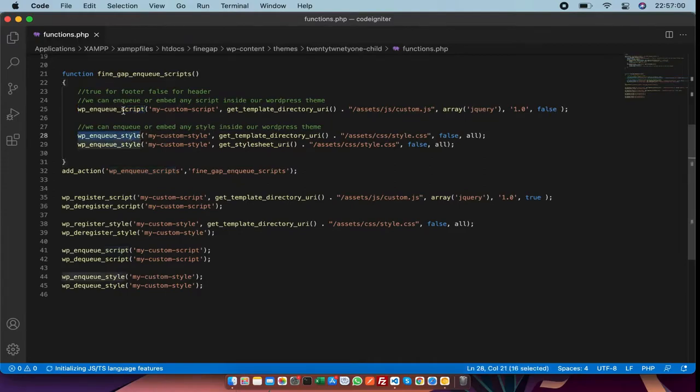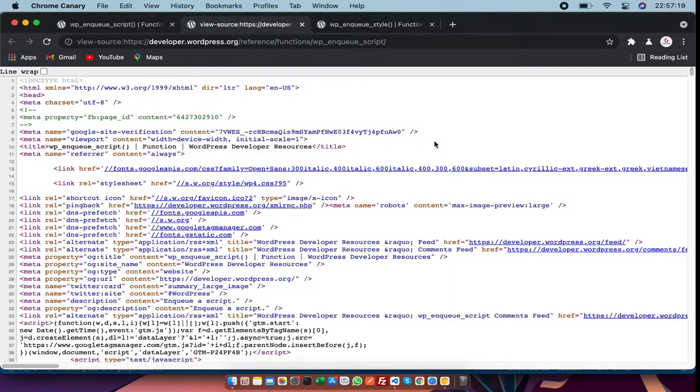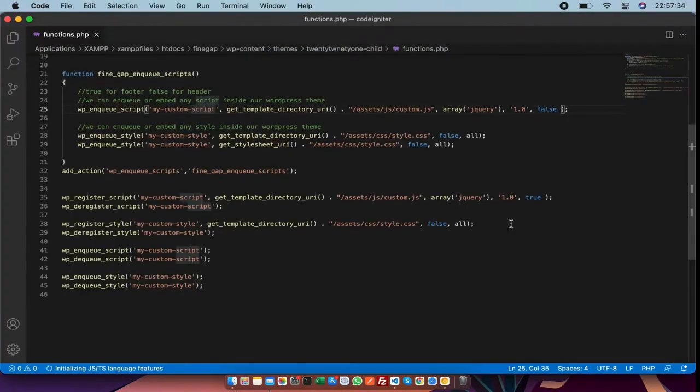So what is wp_enqueue_script? Let's start. First of all, we have an ID there. If we go to definition, we can see it is the handle. So I have to open the view source to tell you deeply what it means. If we search for the .js file, we can see there is an ID, jquery-migrate-js. So what does the ID do? If we are going to dequeue or deregister, then we have to call this ID.